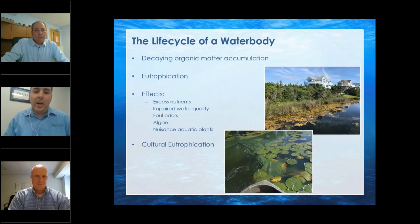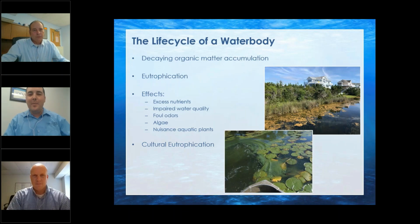So life cycle of a water body. So really, it's a process called eutrophication. That's just a fancy word for the natural aging process of a pond, or any water body. So much like I get older, I get wrinkles, my metabolism slows down, as you could clearly see from my video compared to my profile picture on the last slide there. Ponds get older too. So they really just want to fill in with vegetation. They want to become a wetland. So that's really just a natural geological aging process of a pond. So effects from that, just that natural aging process, are excess nutrients and impaired water quality, odors, algae, and then